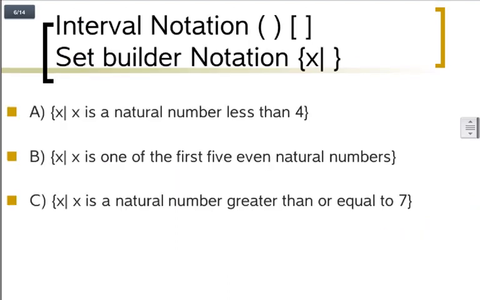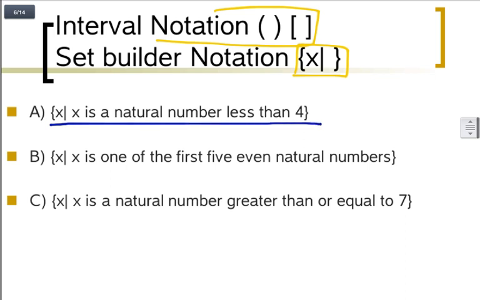So now we need to talk about, first of all, the difference between interval notation and set builder notation. Set builder notation you're going to see in your homework, it looks like this. And then interval notation, you're just going to either have brackets or parentheses. I'll show one of each for each of these problems. So these are written in set builder notation. You'll see the x and then the line. Okay, what that means is we're defining x, and then this bar right here means such that,